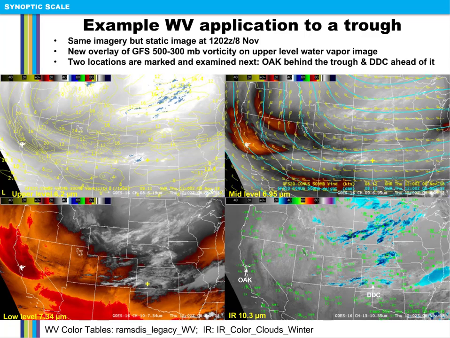If you look carefully, you will notice this strong gradient of brightness temperatures tilts with height and is farther south than the lower water vapor image, characteristics of a strong progressive trough. You may have also noticed a separate area of warmer brightness temperatures to the north of this feature in the earlier loop. This is another embedded shortwave, and we can see that it also corresponds to a vorticity max in